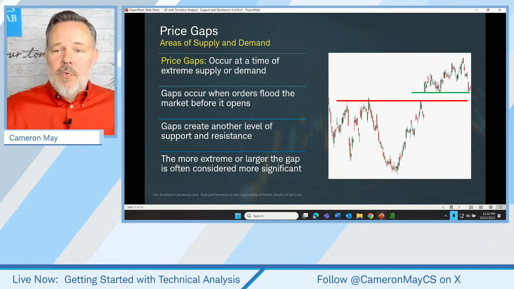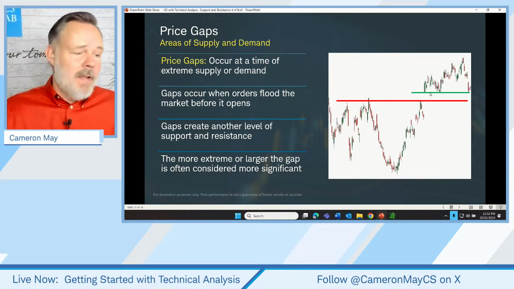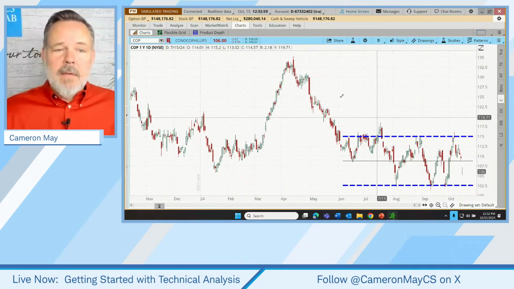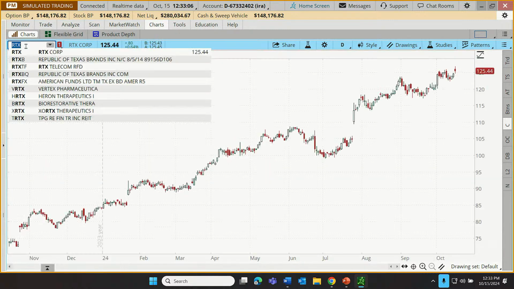Now, sometimes price just runs off, and we never come back down to that gap. But if we do, an initial technical assumption here is that the top side of that gap is likely to act as support. So let's go look at this. We'll look at maybe a top side gap and then maybe a bottom side gap, a bullish gap and a bearish gap. So if we look at, for example, RTX,